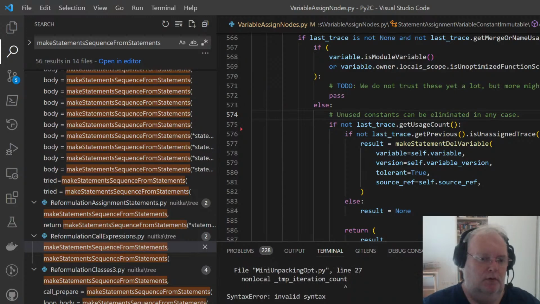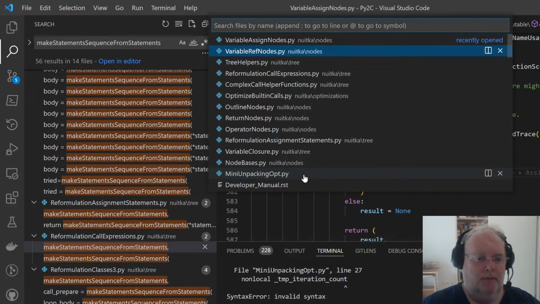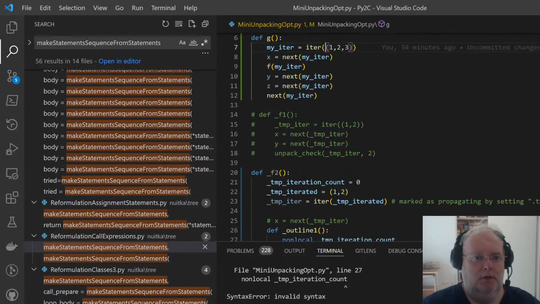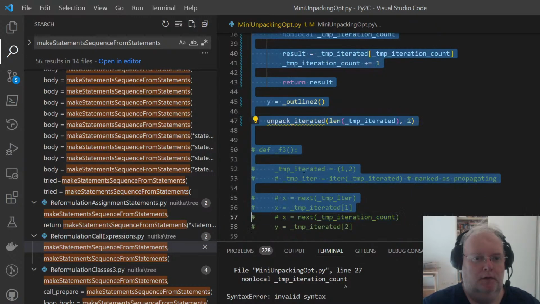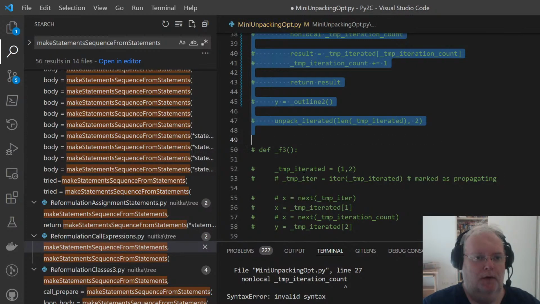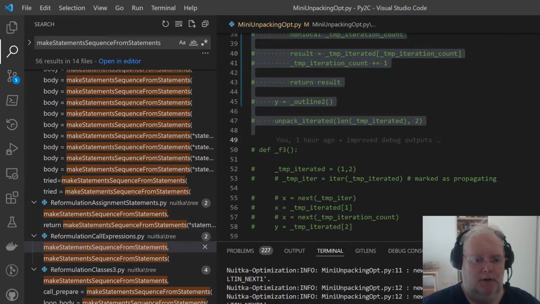What? Oh, non-local. Yes. Mini. I guess I want to toggle this off again. I'm much more used to having my frequent commands on top.